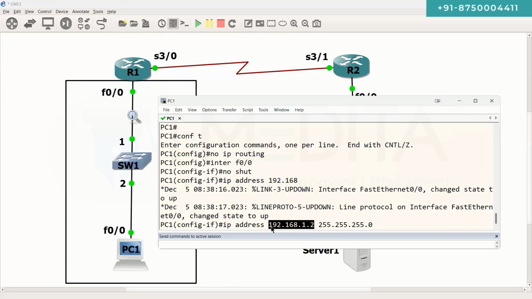And in order to check if this IP is unique or not, remember that this is just the basics. In order to check the IP that we are trying to configure on this PC, this server, this router, this switch, this firewall, this device is going to generate an ARP message,